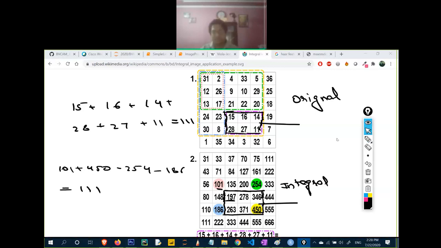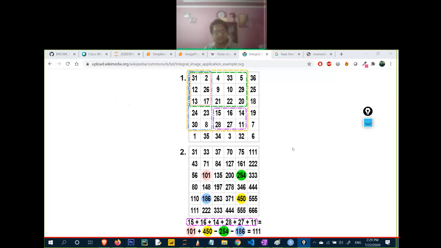Are you getting the point? What is the magic going on here? We created an integral image, and if I just add or subtract these 4 values, I get the same answer. I am using 6 values here, getting 111. I am using 4 values, I am getting 111. If I take 20 values instead of 6 and get some answer, I will get the same answer by these 4 values using the top, left, right, bottom concept that we did here. Is this point clear to you or not?